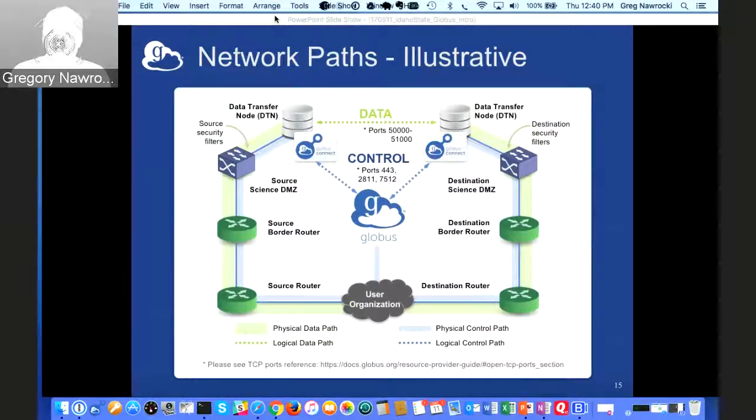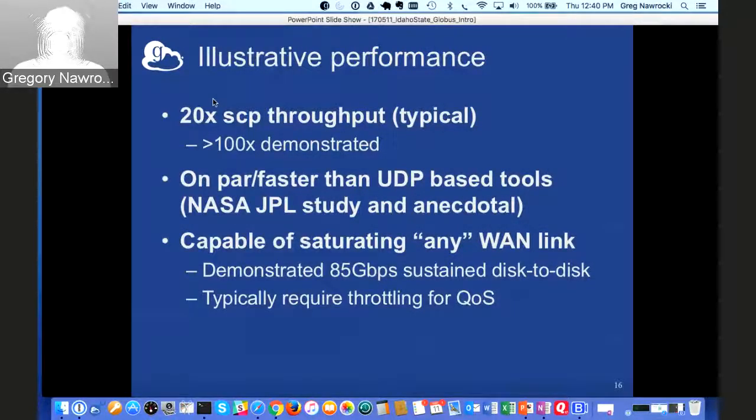So illustrating some of this performance, essentially we're 20 times SCP, and we've actually demonstrated 100 times SCP, and that's really due to the limitations of SCP itself. And this is our GridFTP transfer system that has that. Really, what it comes down to is we're capable of saturating any WAN link.